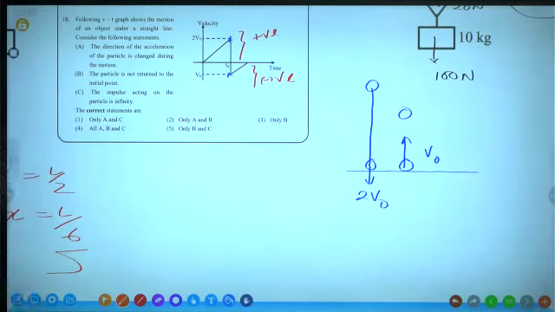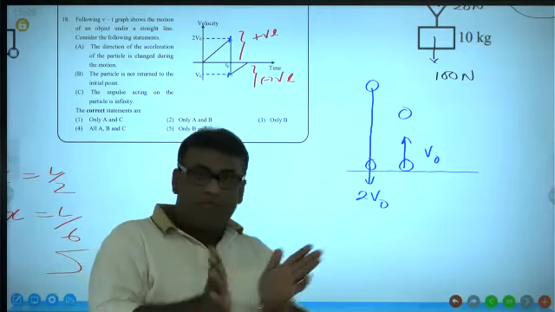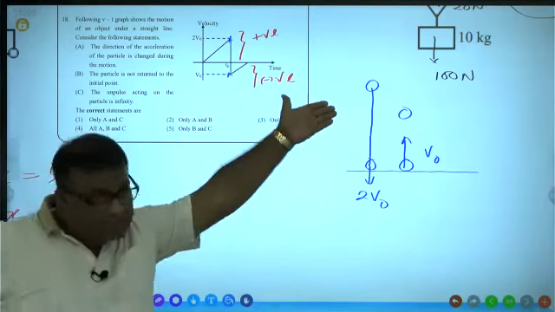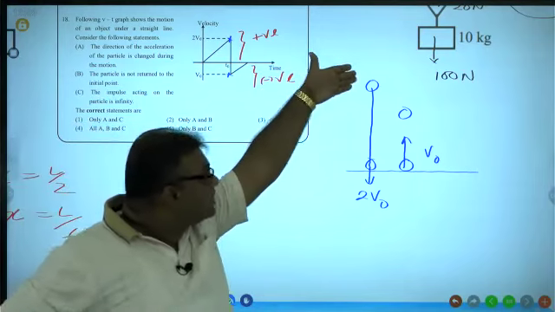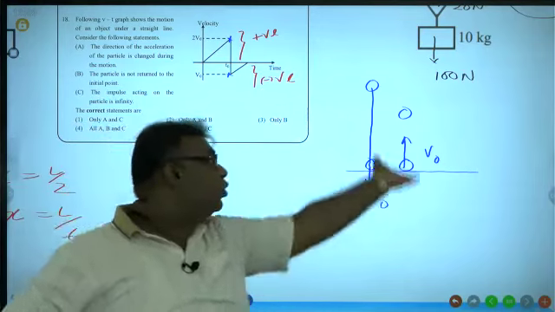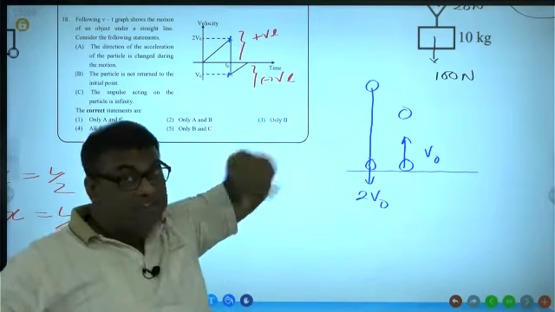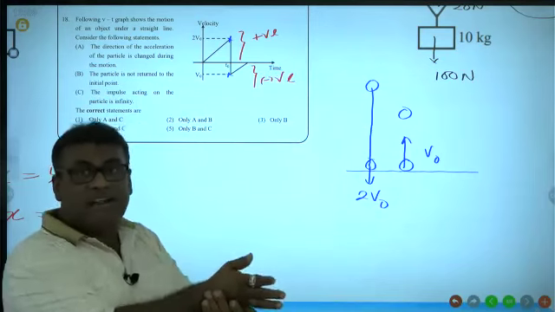Then statement A, the direction of the acceleration of the particle is changed during the motion. No, it's wrong. The direction of acceleration remains unchanged. I'll give an example. While having the acceleration downward, it goes back with the gravitational deceleration, but the gravitational acceleration